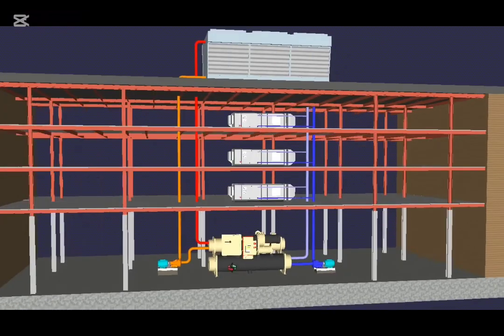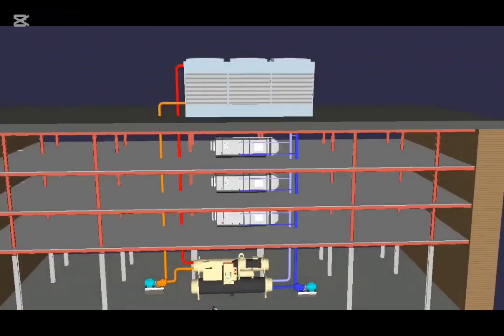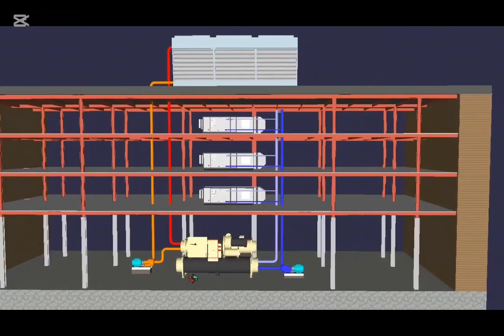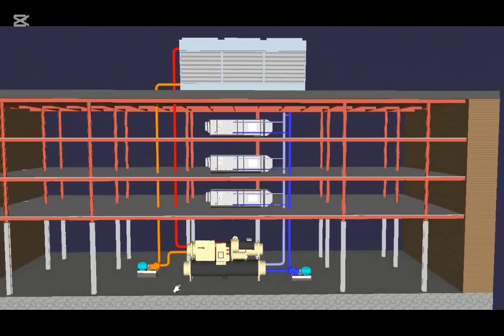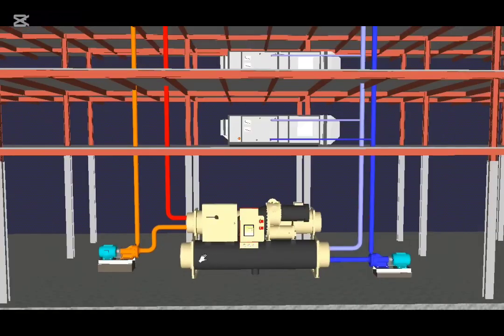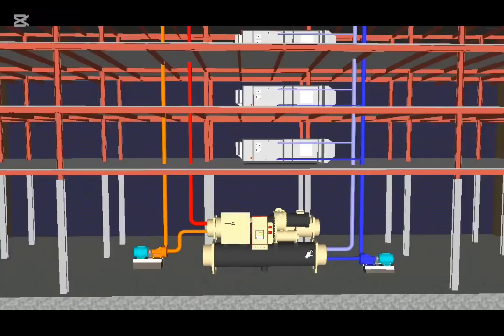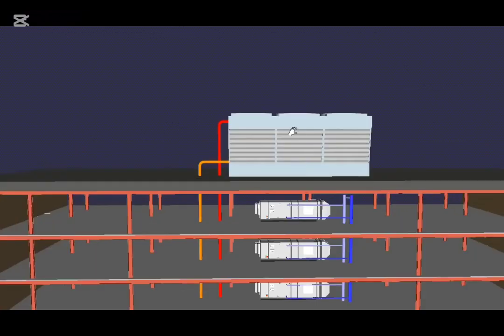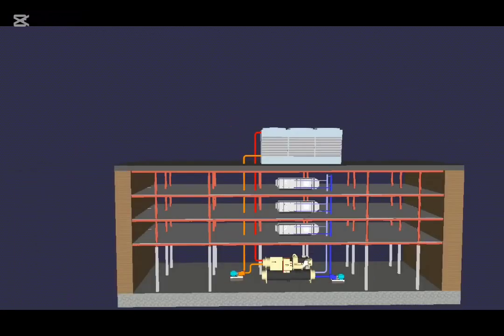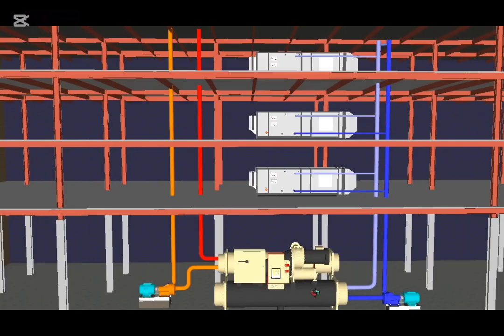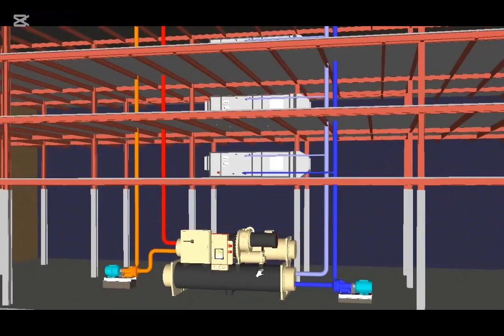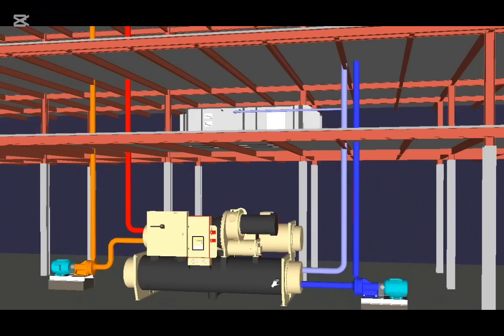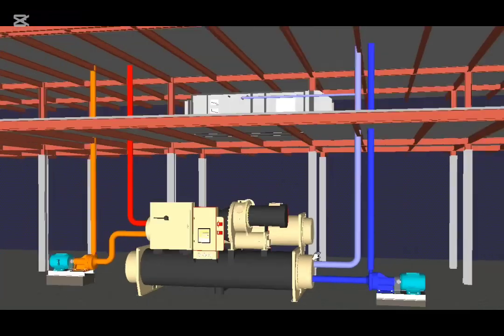Well, you need some plant items first, and in this very typical setup we've got a chiller here along with the distribution pumps, the air handling units, and the cooling tower, which is up on the roof. So the chiller is the producer of chilled water in this system,